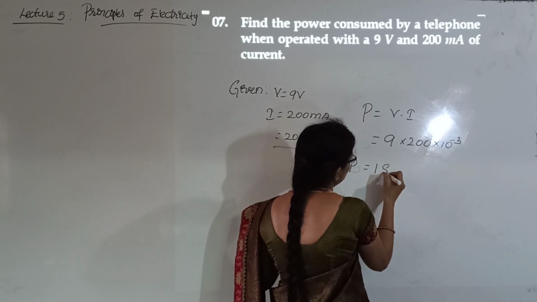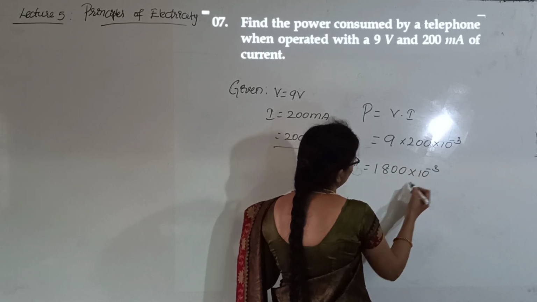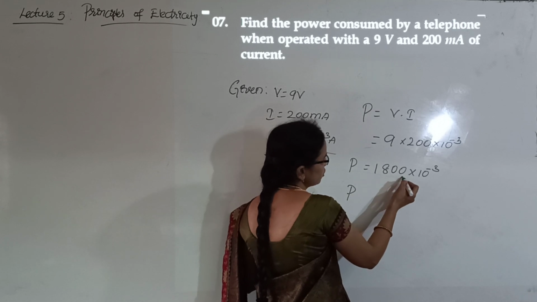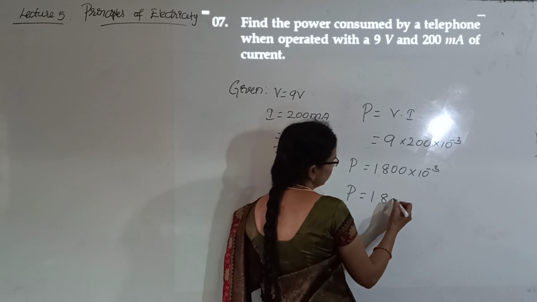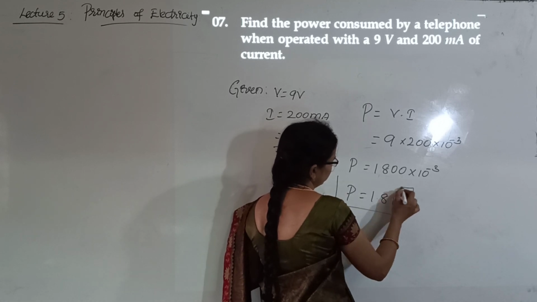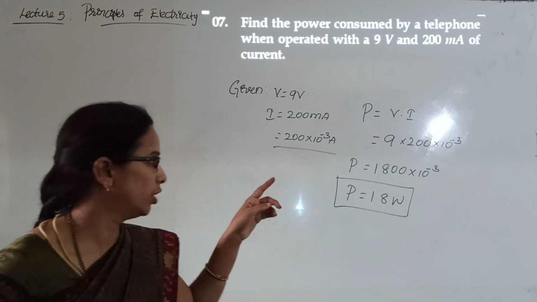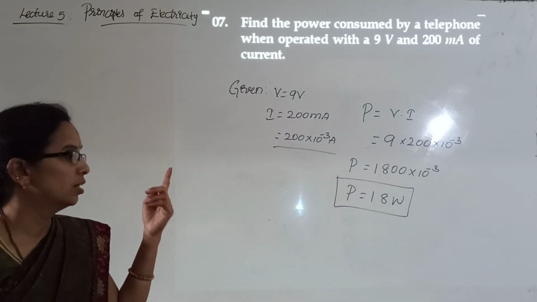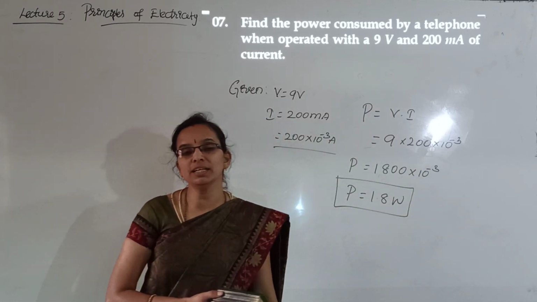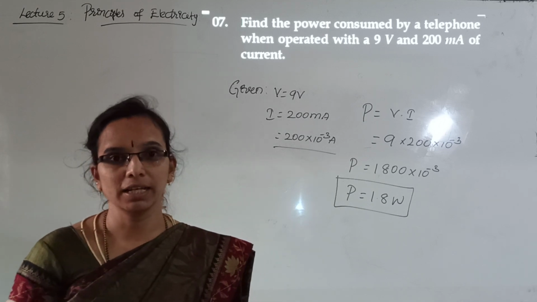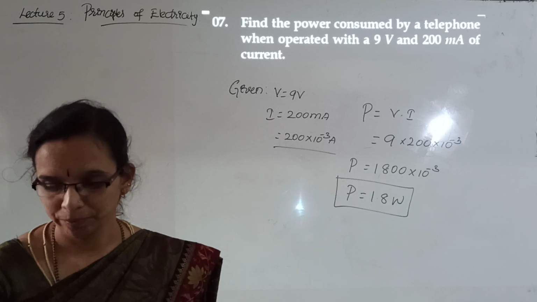P is equal to, if I shift the decimal point leftwards, by the law of indices 10 to the power of plus 1 will be multiplied with that. I guess you know that simplification. So you get P is equal to 1.8 watt.